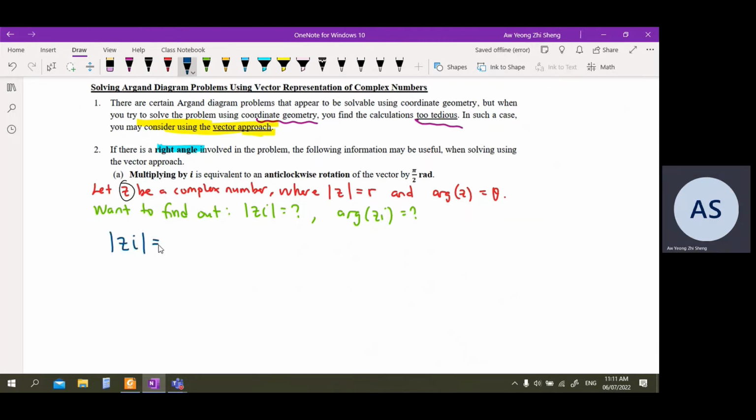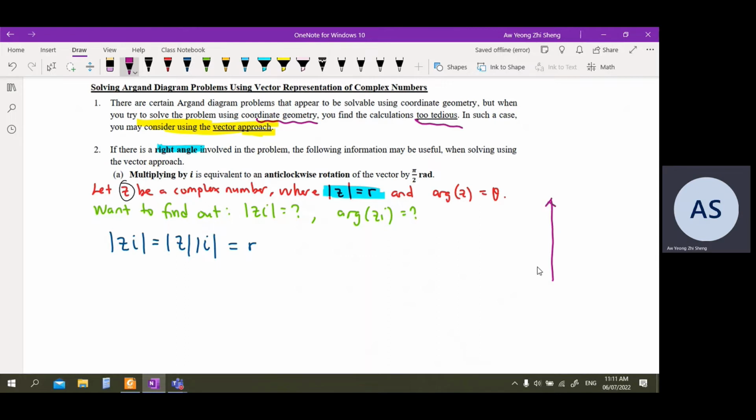Modulus of zi, by the property of modulus on page 15, we learned that modulus can be distributed over multiplication. Therefore, we can write it as modulus z times modulus i. Modulus of z, here we set it as r. But what is modulus of i? So modulus of i, according to the traditional method that we learned on page 14,